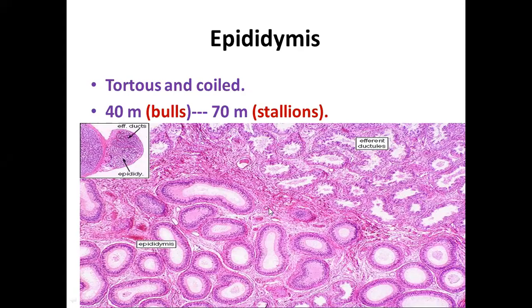Basically, looking at the lower part of this micrograph, you can easily distinguish that there are cross sections which are perfectly rounded. There is no star-shaped appearance of the lumen. And when we magnify this portion, you will see that there are stereocilia in it, and at certain locations of the cross section of epididymis, you will find that there are stored sperms visible in the lumen. This is a very characteristic feature.